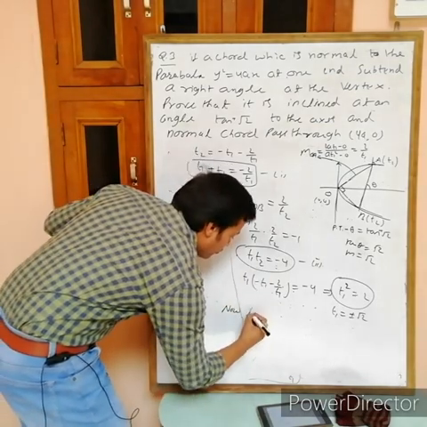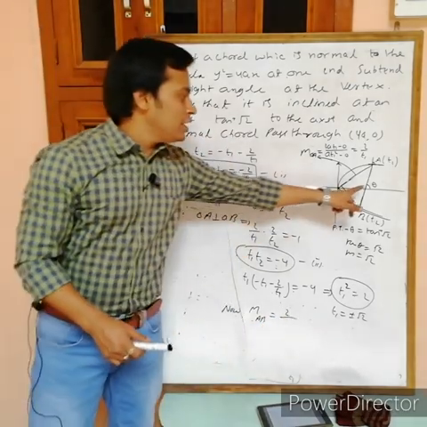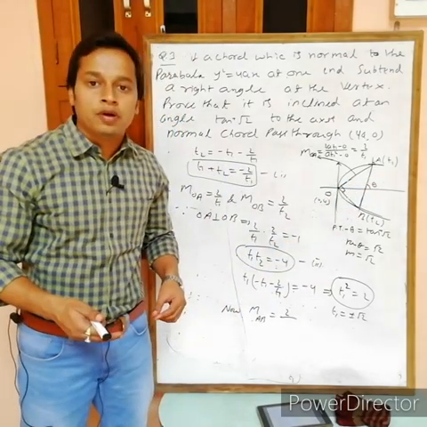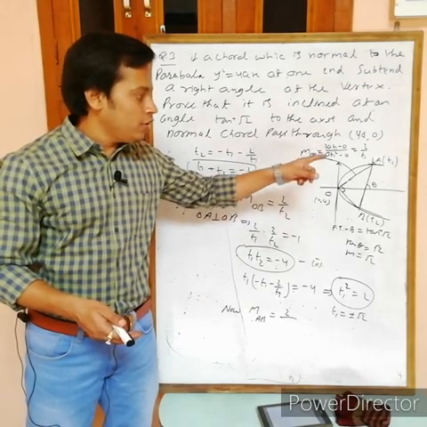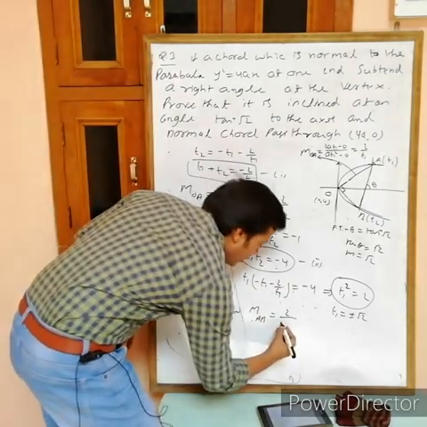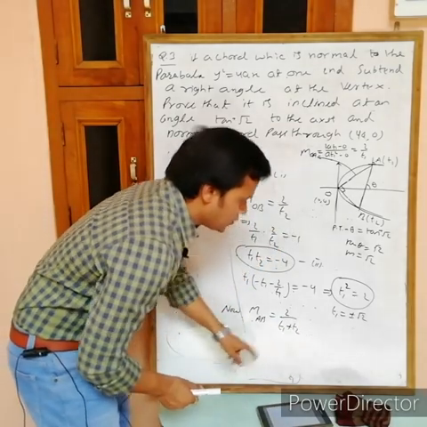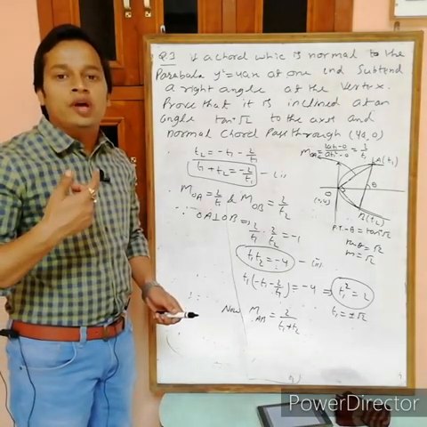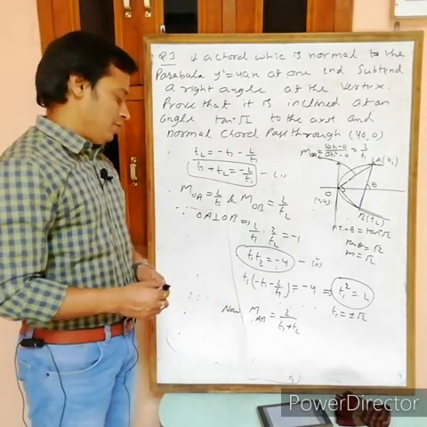Now you can find the slope of AB. We want to prove now that theta equals tan inverse root 2, which means tan theta equals root 2, so the slope of AB is root 2. The slope of any chord joining t1 and t2 is 2 by t1 plus t2. From where are we getting this? The equation of the chord joining t1 and t2 is y(t1 plus t2) equals 2x plus 2a t1 t2. Comparing with y equals mx plus c, we get m as 2 by t1 plus t2.